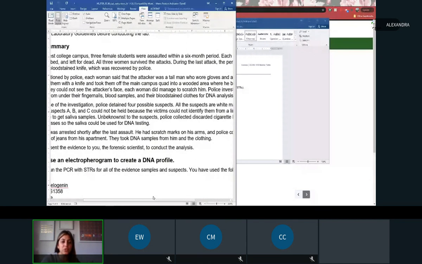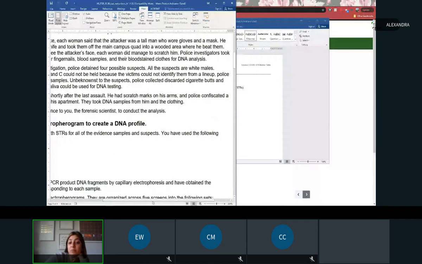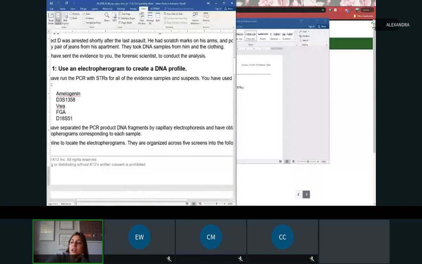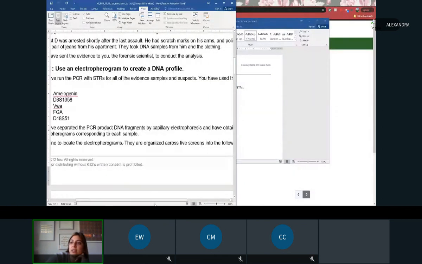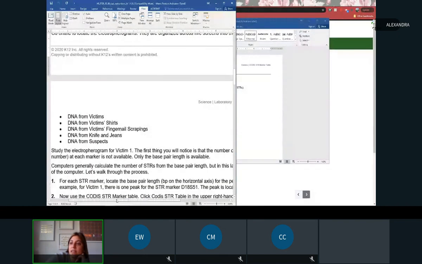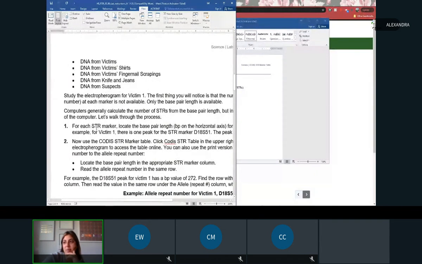The evidence has been sent to you, the forensic scientists, and now you have to do the lab. So the forensic scientists ran the PCR with the STRs for all the evidence samples, and you have collected these 4 specific samples. Okay, so these are the 4 specific markers that we're going to be using, and they've separated the PCR into DNA fragments by capillary electrophoresis, and have obtained the electropherogram for the sample. So we've got these different samples, and what we want to do now is take a look. So for each STR marker, locate the base pair length